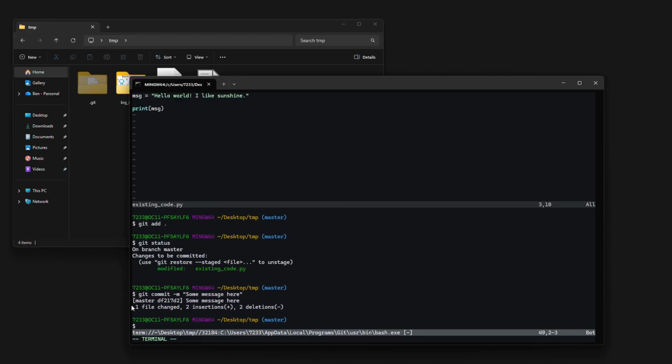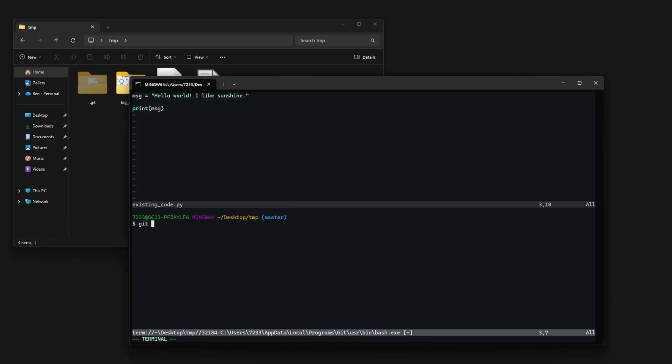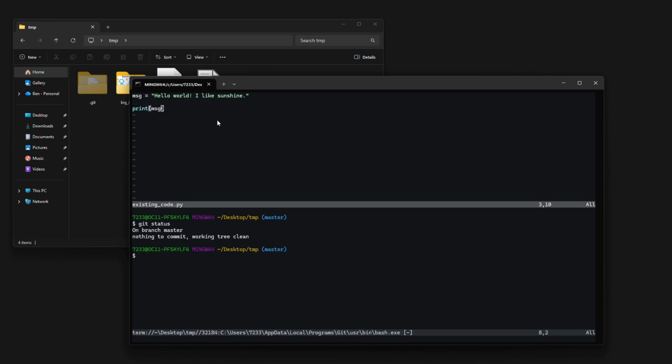Now that made a change. We can see 1 file changed, 2 insertions, 2 deletions. Now git status, hey, we're back at our clean baseline. That's what committing does. You're committed to those changes. You can't get them back with the simple commands I've showed you. You can get them back with other commands, but not with the simple ones. It's like you're back at your clean baseline. Everything is the way you like it. We're committed to this, I like sunshine. And now if we make other changes, like manually deleting this to go back to this, it will show up